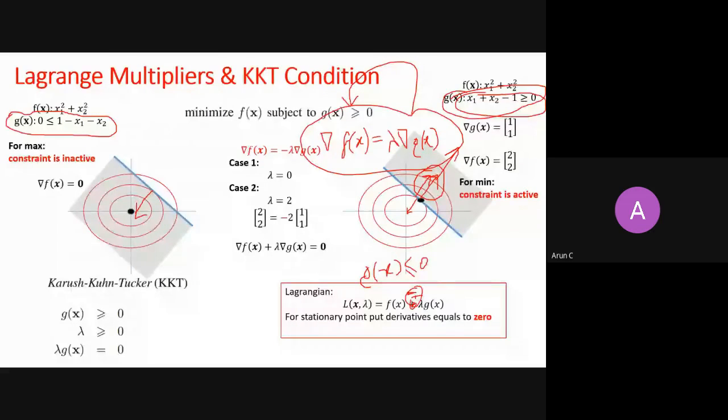So remember that if both are pointing in the same direction, my gradient of g(x) and my gradient of the function, and I am minimizing, I have to go against this. That is why I can equate them, and because they are in the same direction, lambda is just a weighting factor so that they can be equal, right? We have discussed this thing.